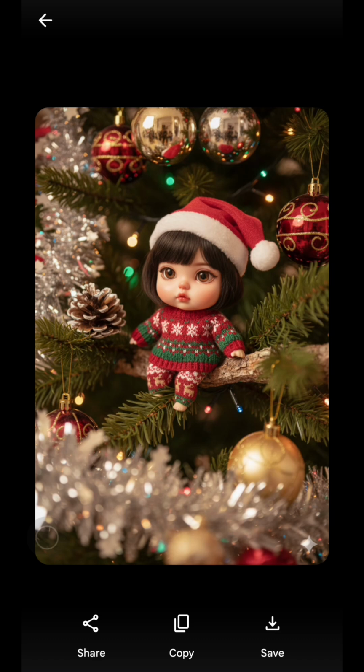And okay, like this, you will get a Christmas miniature doll style AI photo. Honestly, that looks so cute, festive, and super high quality. It's super cute. It has chubby cheeks like this. It's so cute. And okay, maybe that's it. That's how you can create a trending Christmas AI photo